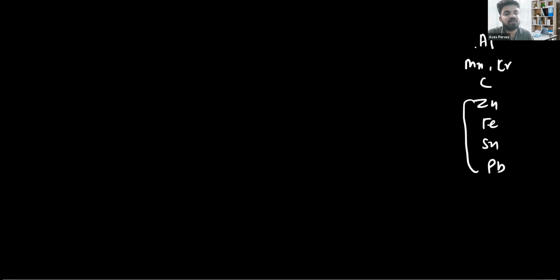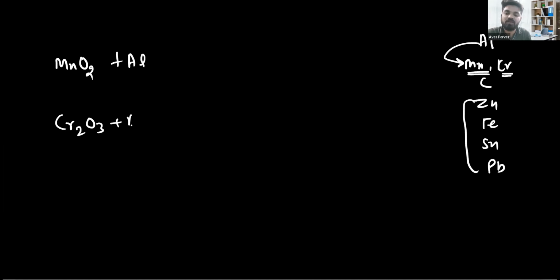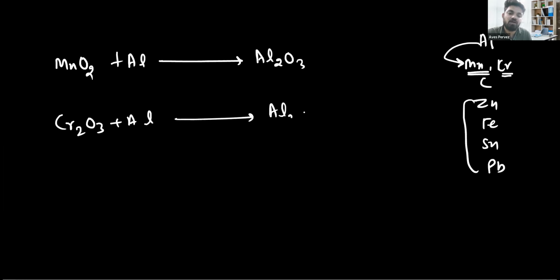And here it is, aluminum. So these metals can be reduced from their oxides with the help of aluminum. For example, if I'm having MnO2 or Cr2O3, chromium oxide, when I reduce it with aluminum, they give Al2O3, and here also Al2O3, and here we get the metal as manganese in liquid state, and here as chromium in